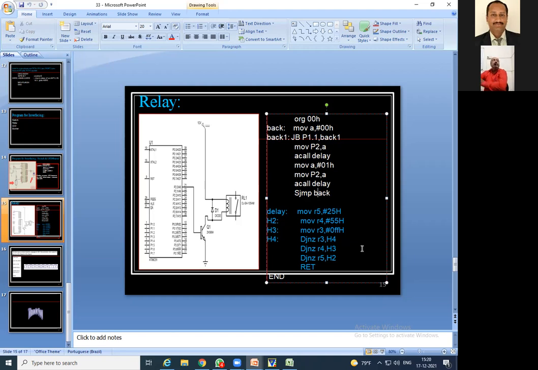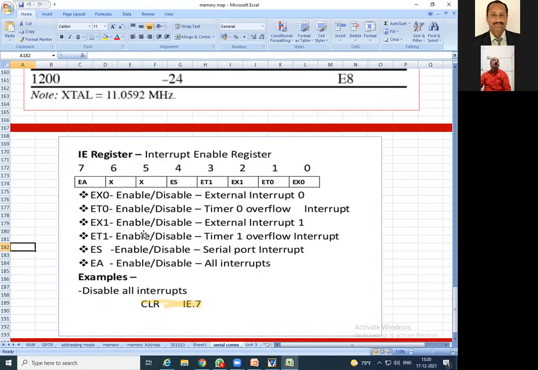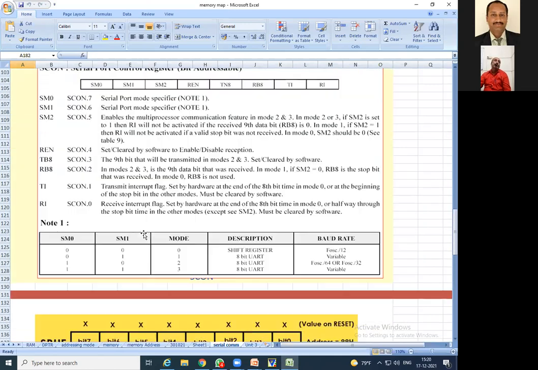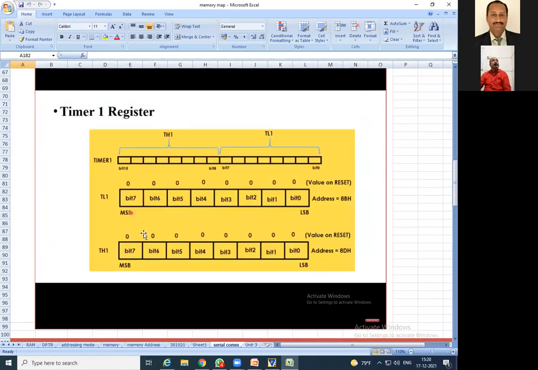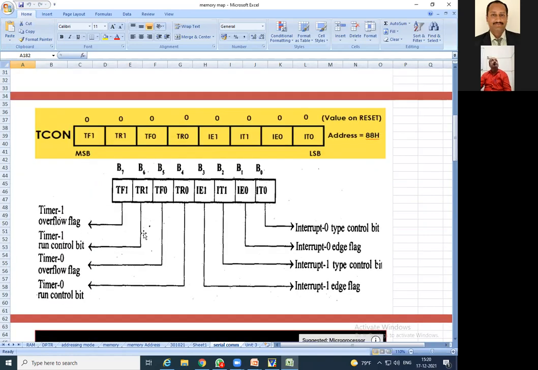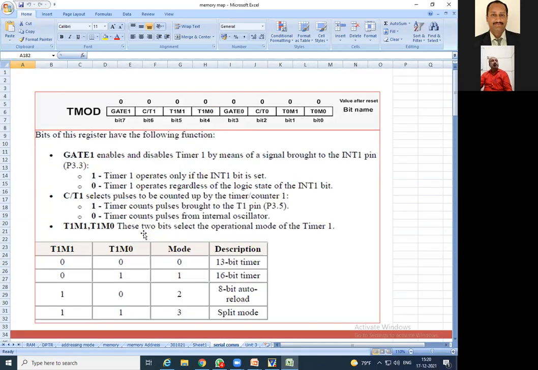So definitely you're supposed to check out this video once or twice, and write the code down on paper. Step by step you should ask: what is happening due to this step, why this step is added, which register we have seen. These particular registers are also very important. If possible, take a snapshot or a hard copy of this, if you are really interested in writing the code.